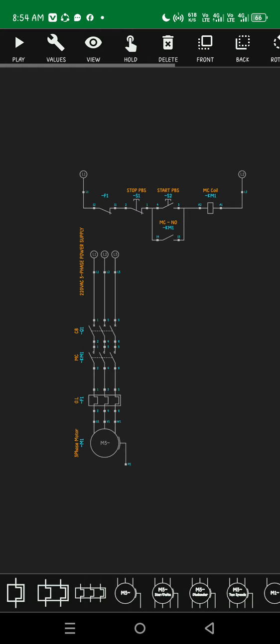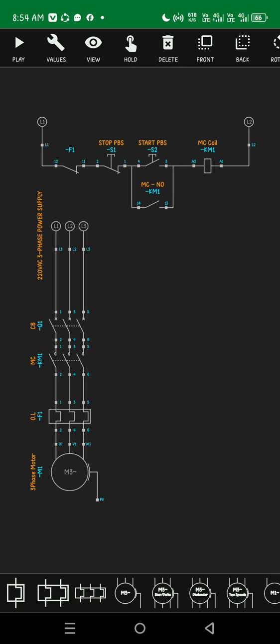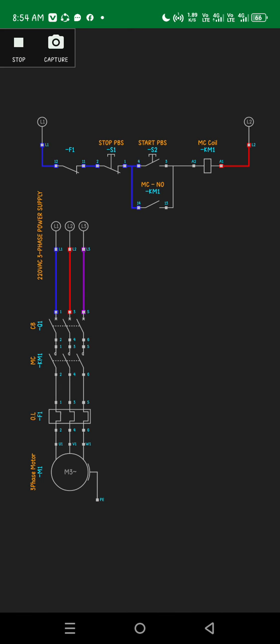And then we have to simulate. Click play. Then as you can see, the power lines in blue, red, and violet represent the three-phase line. Then we have to turn on the circuit breaker Q1. So we have to click it in order for the circuit to become ready.